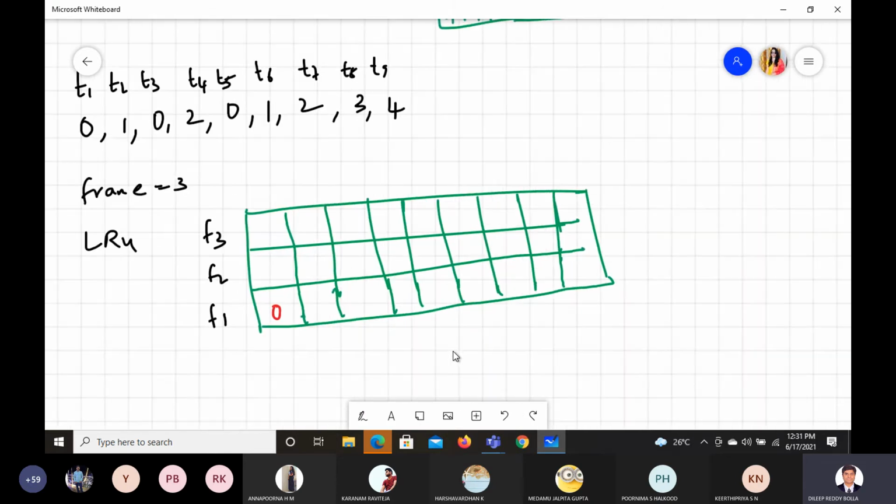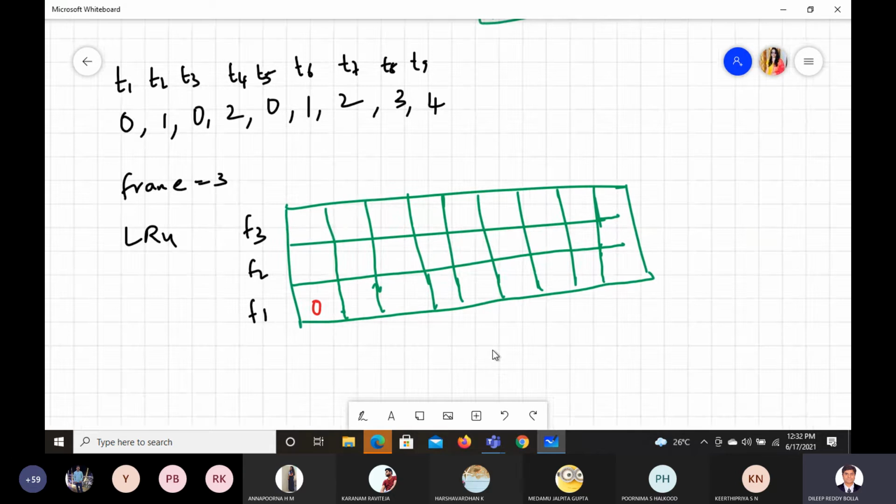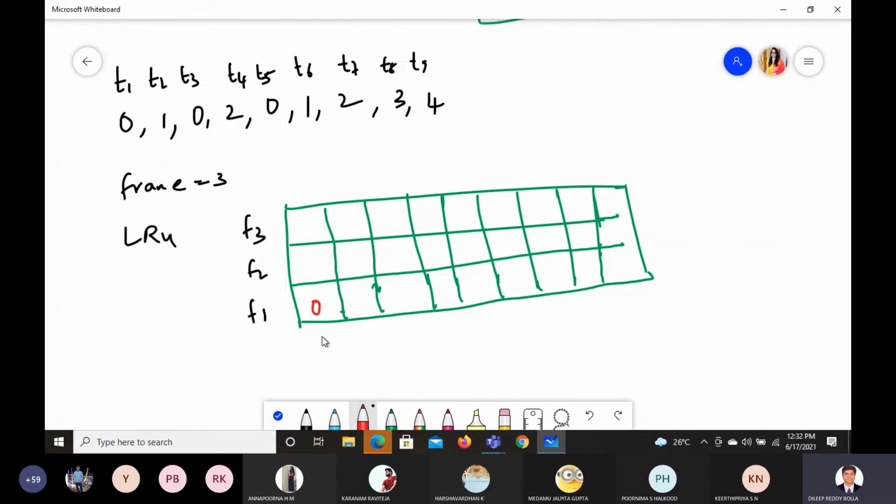Fault. For a fault we are going to write a star mark. 0 will continue to the next timeline. Now 1 has to enter. 1 will enter here, 0 will continue. This also is a fault, no doubt. Next again 0, so 0 and 1 will continue. So this is a hit.